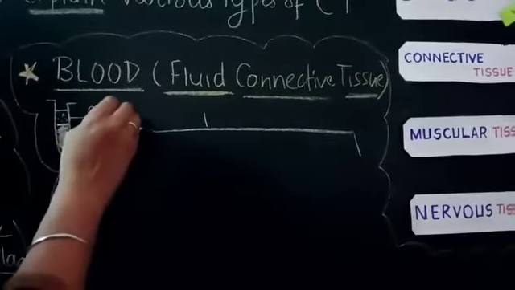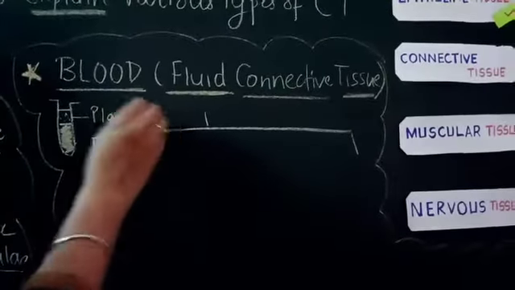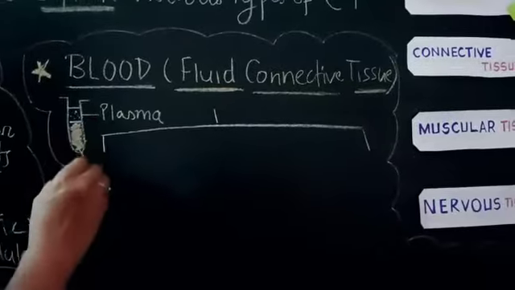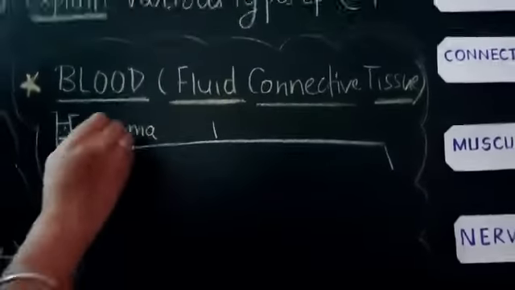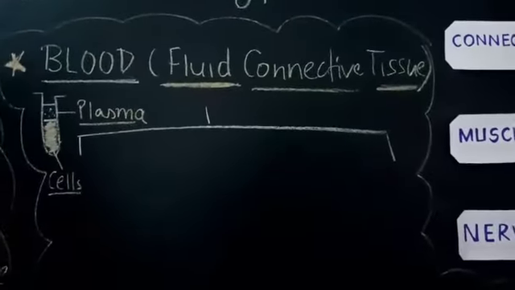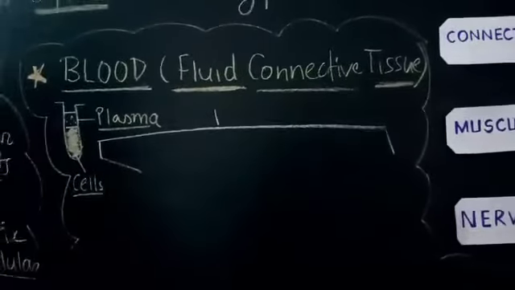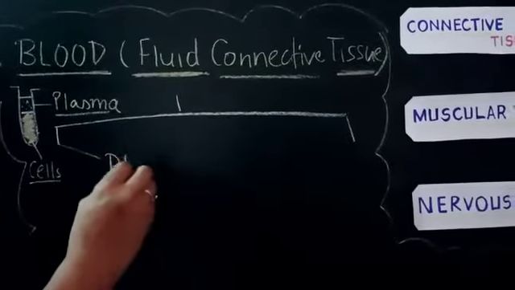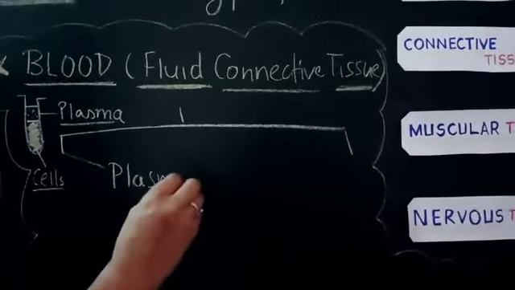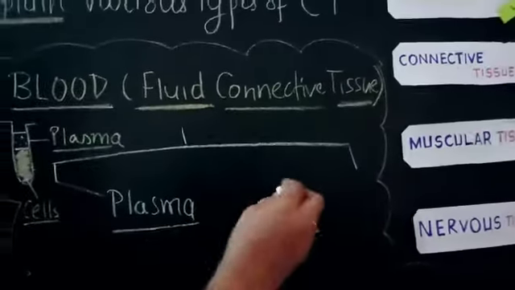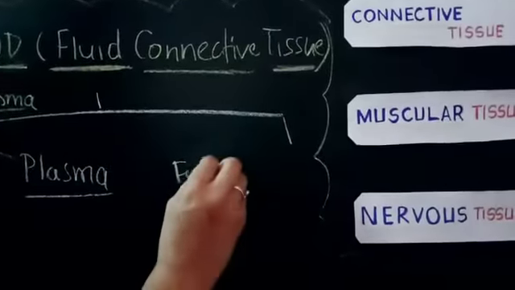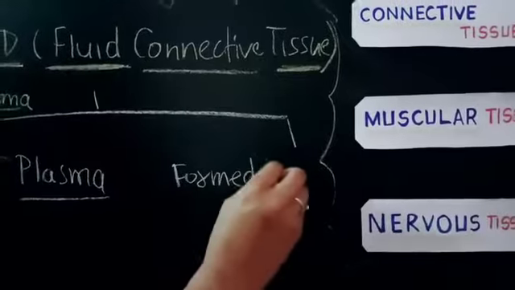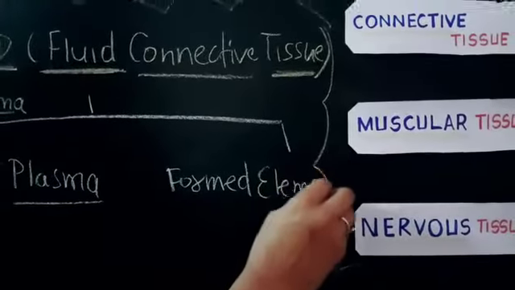So the yellow part is called plasma and the red part has the cells in it. So likewise, the blood consists of 2 parts. Number 1 is the colorless matrix called plasma, and number 2 are certain formed elements, the cellular part,